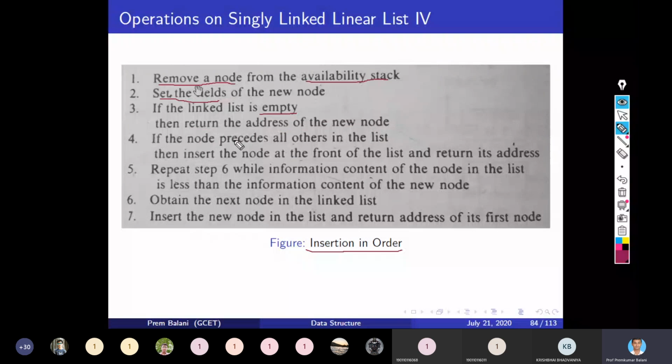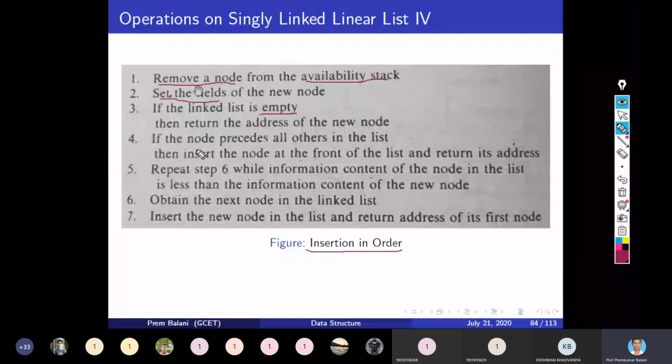Otherwise, if the list is not empty, then check if the node precedes all others in the list. Suppose you are maintaining a linked list in ascending order. So the first node is the smallest value, then the second node will have some higher value, and the third node still a higher value, and so on.